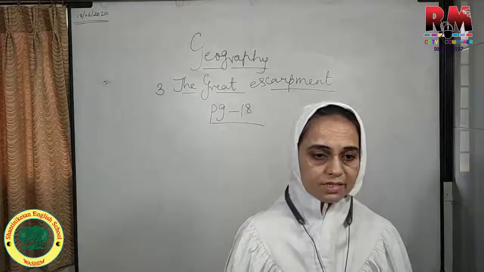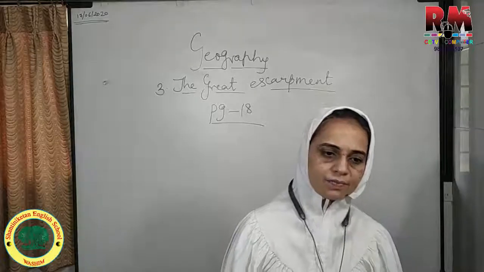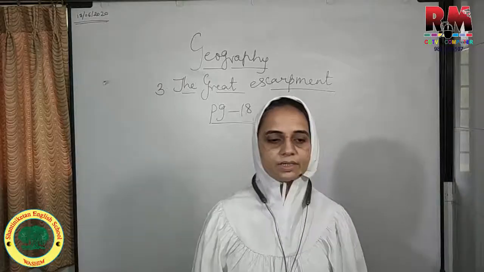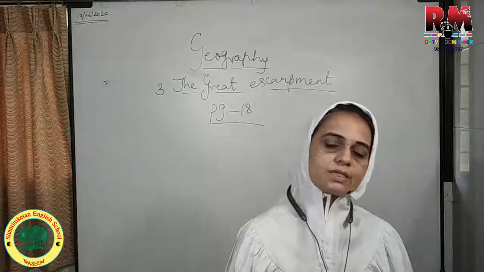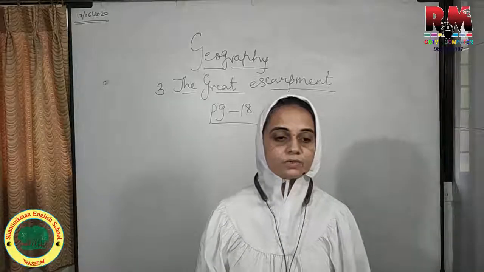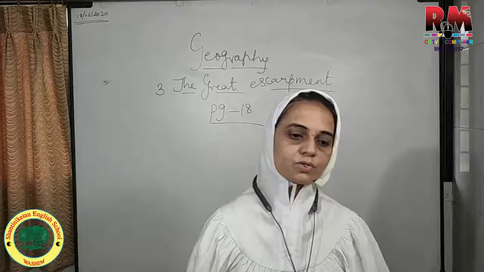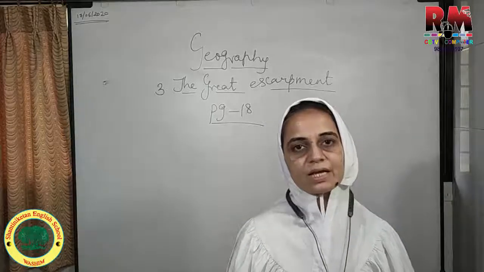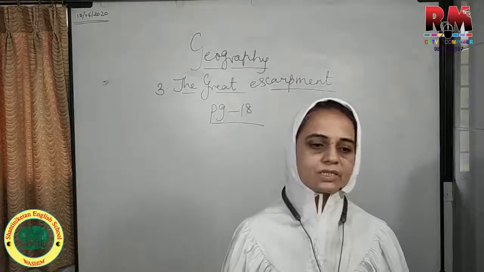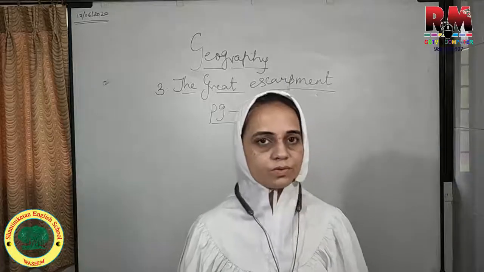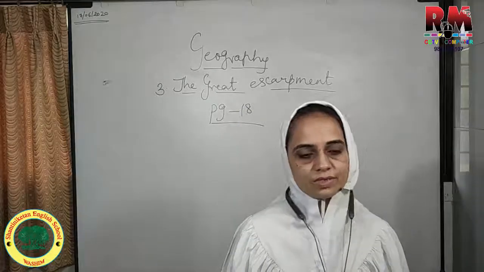The north coast extends from Amapá province in the north to Rio Grande do Norte in the east. This can be called the North Atlantic coast. From there, the eastern coast extends towards the south. So here the coast is mainly divided into two coasts, north and eastern. The northern coast extends from Amapá province in the north till Rio Grande do Norte, which is in the east, and this coast is also known as the North Atlantic coast. The eastern coast extends towards the south.